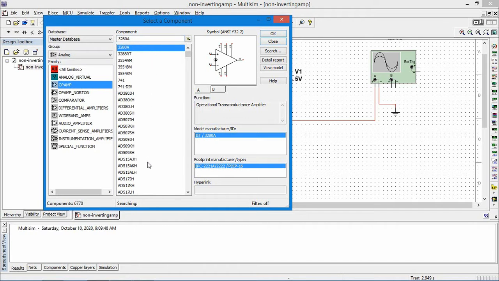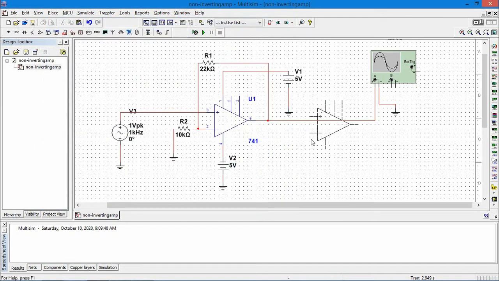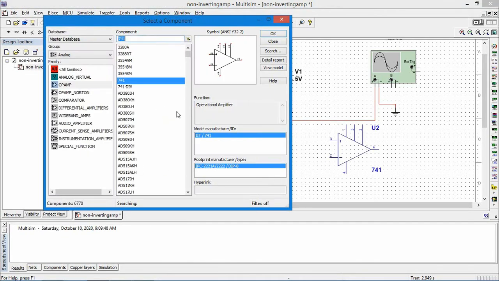We need 741 IC. So just select the 741. Click on OK. So select that component, paste it on the worksheet. Okay, so we need only one op-amp. So just close this. If you need multiple, then again we can select one more.